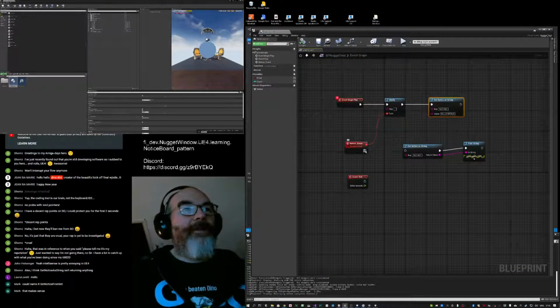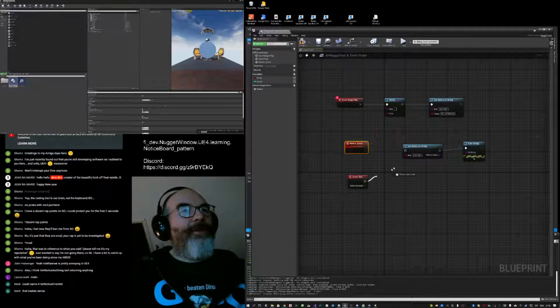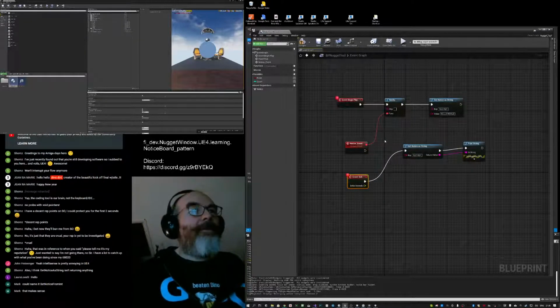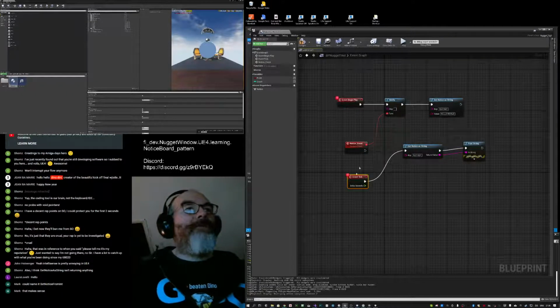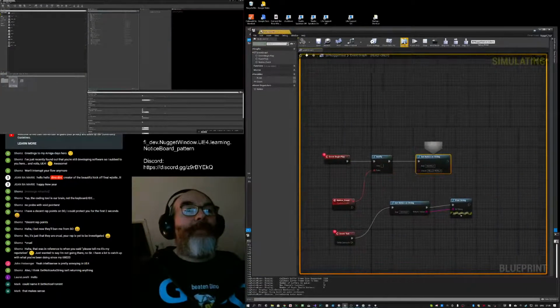In fact, if I use the debugger in blueprints, then I actually don't need to break these links. I could also set a breakpoint here as well. Yeah, let's see. On here, so that to that.